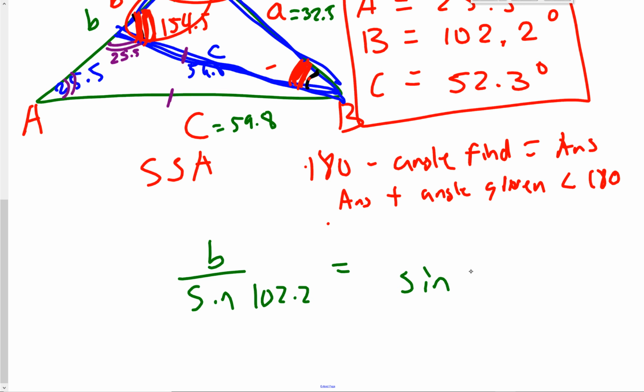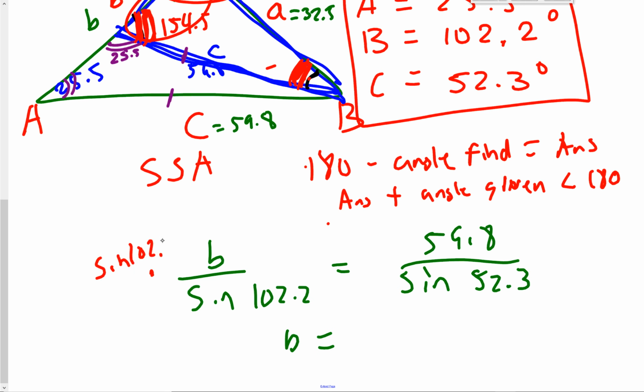Sine of c, which is 52.3 over side c. And so I'm going to solve this by multiplying both sides by sine of 102.2. So I type that in,